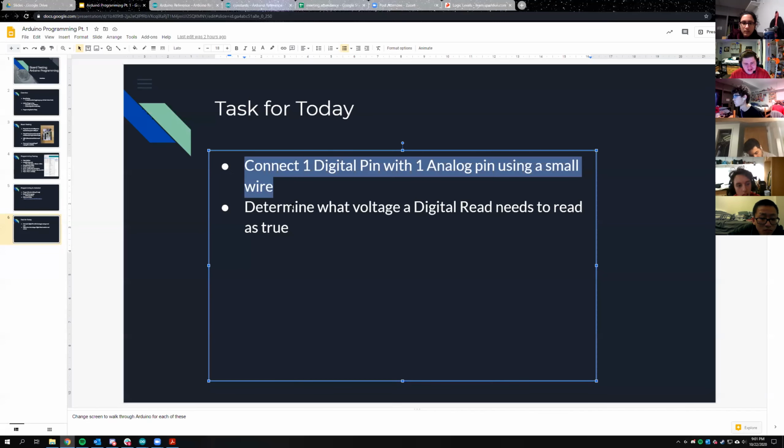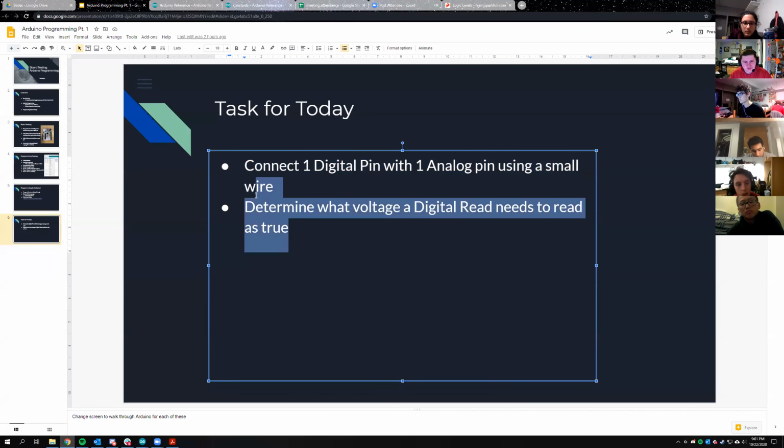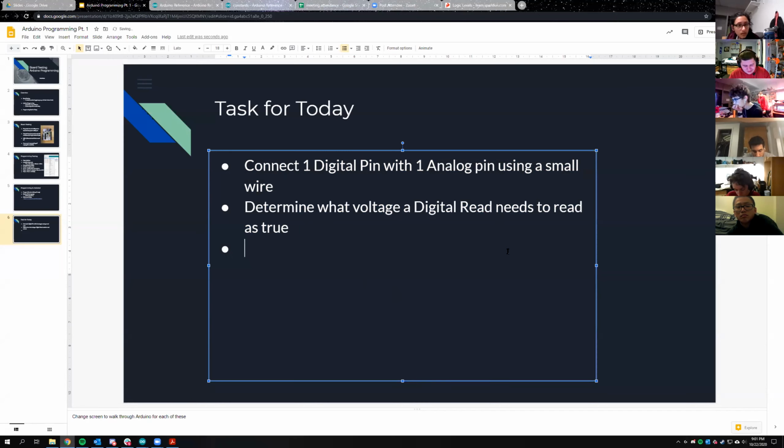So the challenge for you guys is to connect those 2 pins together using an analog pin that's writing out a signal and a digital pin that's reading a signal, and try to figure out what voltage it takes for the digital pin to read as true. I'm going to give you the equation for voltage on this slide. This shouldn't be too hard. I did it earlier, and I think the equation is